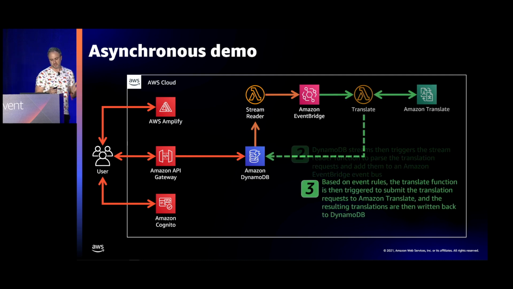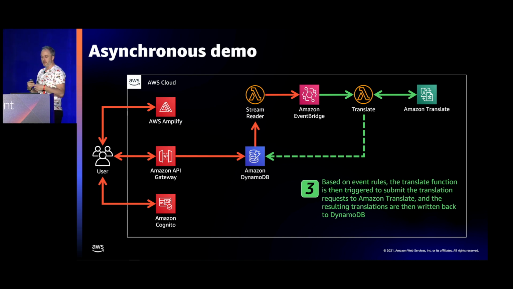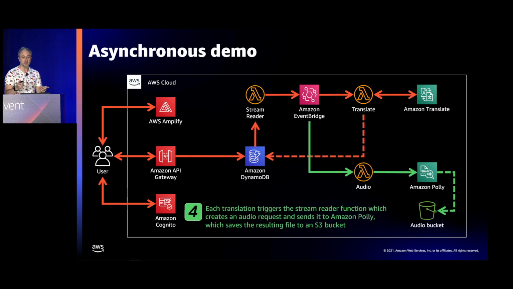And here's where the magic starts to happen. Amazon EventBridge matches that against all the different rules that it has assigned. There'll be a rule to send that message to a translate Lambda function, which will call out to Amazon Translate. Amazon Translate will call back, and it will store that result in a DynamoDB table. At the same time as the translation's happening, there'll be another rule matching to an audio Lambda function, which will interact with Amazon Polly to create the MP3 file. Amazon Polly will then write that to an audio bucket on S3.